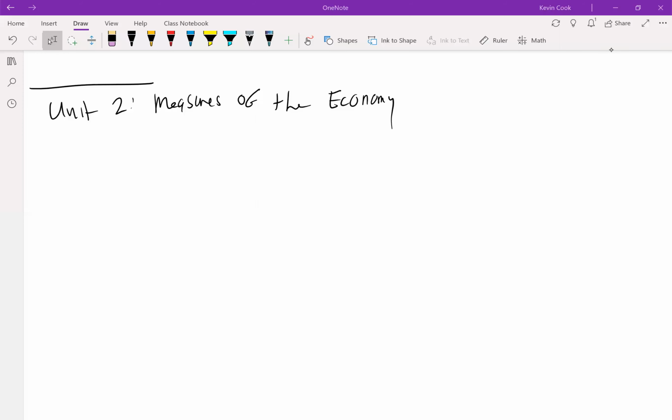So today we're looking at Unit 2, and just a recap for Unit 2. And like I said, Unit 3 is already up, Unit 1's already up. I just never got this recording done. So in Unit 2, what we're looking at is measuring the economy, and the chapters that we had were GDP,